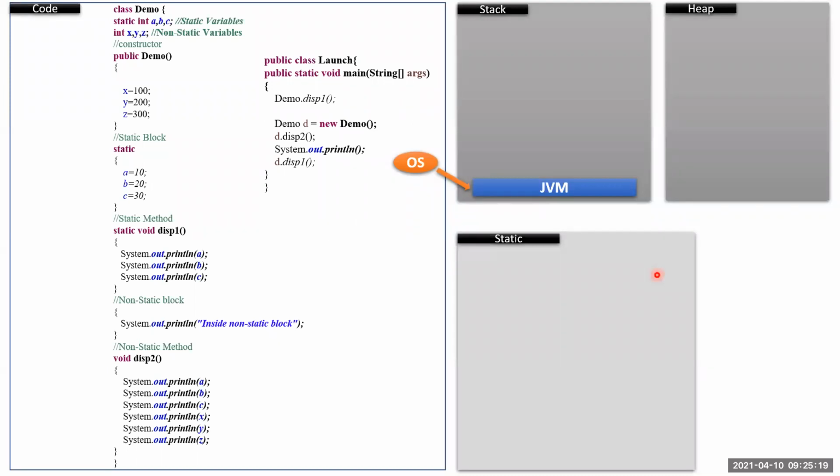Now what? JVM doesn't keep the control with him. He passes the control to another software. He passes the control to class loader. Now, what is class loader? Class loader is again a software which is having a particular job. What job does it do? If you ask me, the job of class loader is to scan the complete code segment and